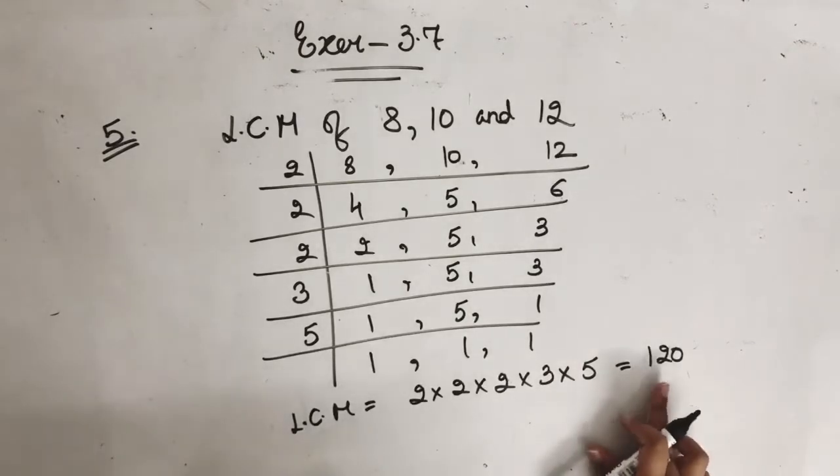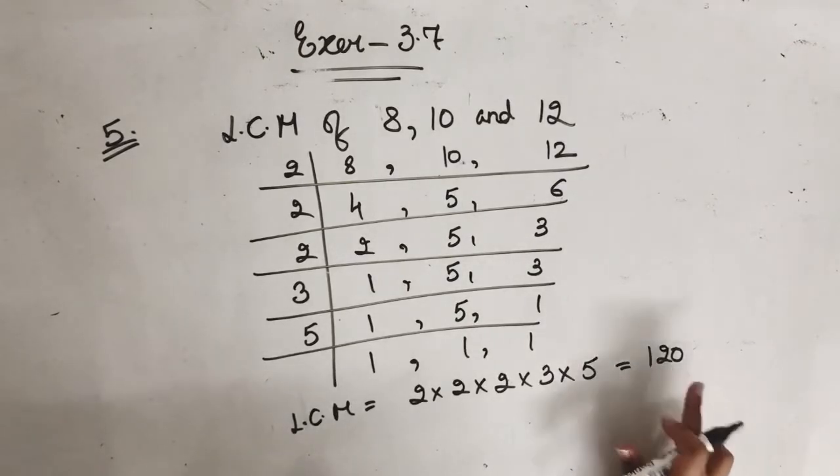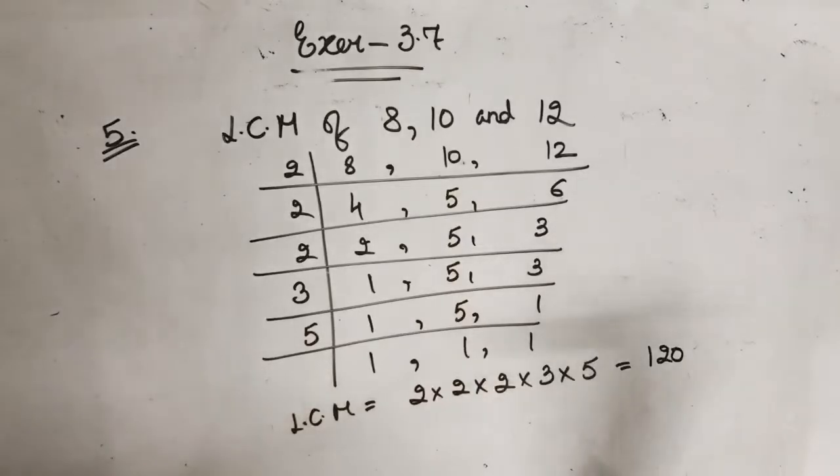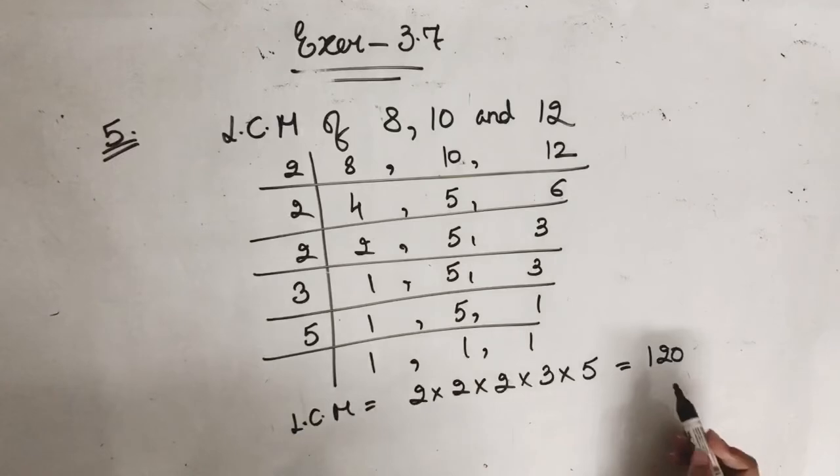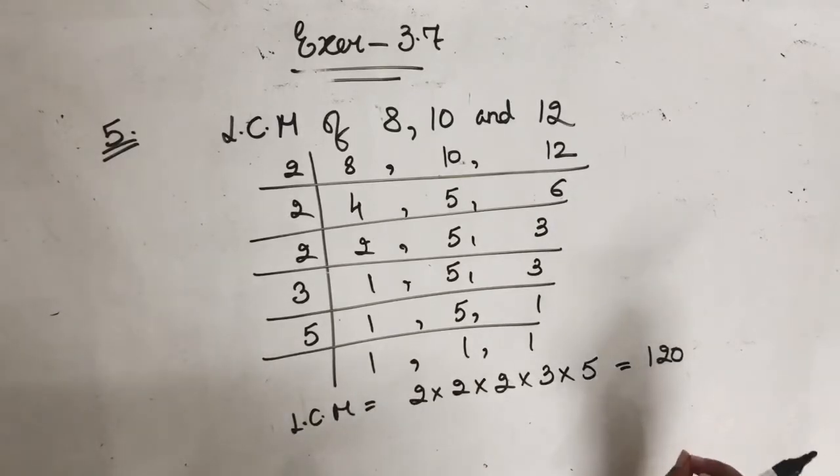You have got a 3-digit common multiple of 8, 10 and 12. But in the question one more word is there, greatest. It means the multiple should be a 3-digit number, but it should be the greatest one. कि इससे बड़ा कोई मल्टीपल नहीं होना चाहिए जो 3-digit नंबर हो.